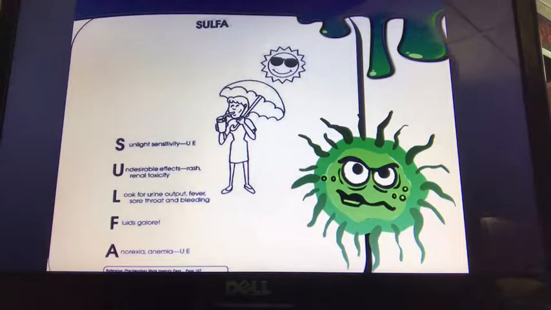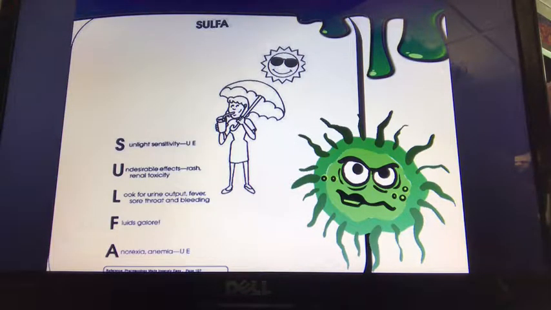Sulfa drugs are another one that there are highly documented allergies related to these medications. The specific medication that we talk about in our learning this time is Bactrim. It's a combination medication that is used to treat things like UTIs, MRSA, and otitis media. The adverse effects or side effects that are related to this can be remembered by the mnemonic phrase SULFA, S